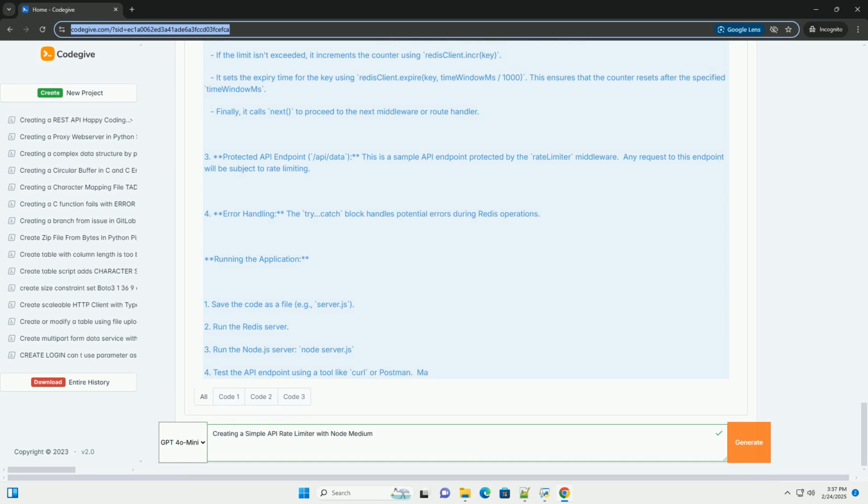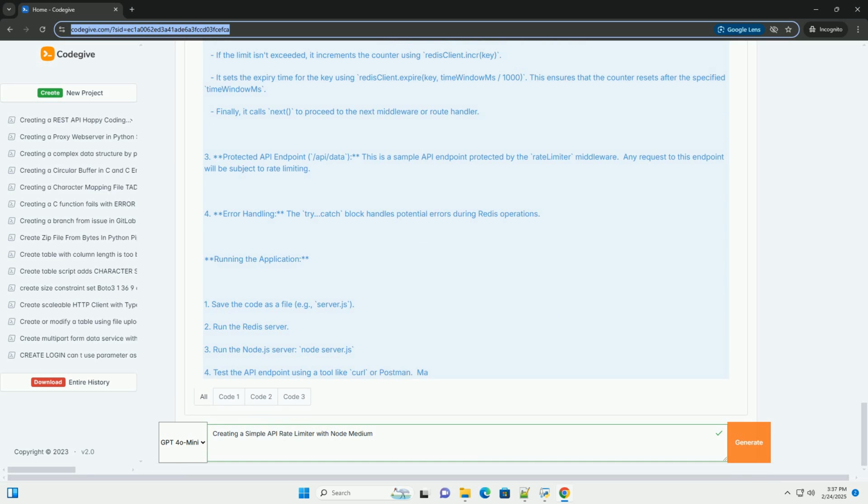Sliding window: implement a sliding window algorithm for more accurate rate limiting over a specific time period. This would involve more complex logic within your rate limiter function to account for requests falling outside the defined window. Distributed rate limiting: for highly distributed systems, consider using a distributed cache like Redis Cluster for scalability. Customizable rate limits allow configuration of the maxRequests and timeWindowMs values, either through environment variables or a